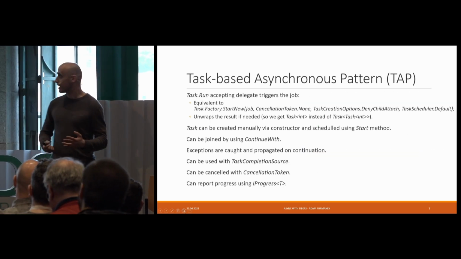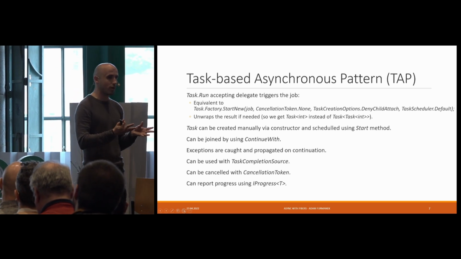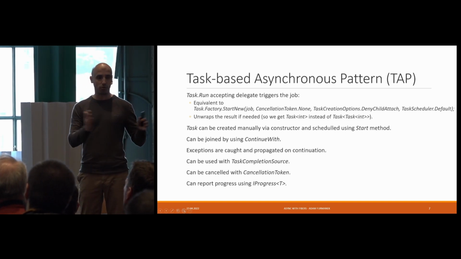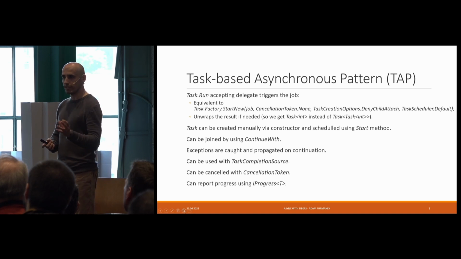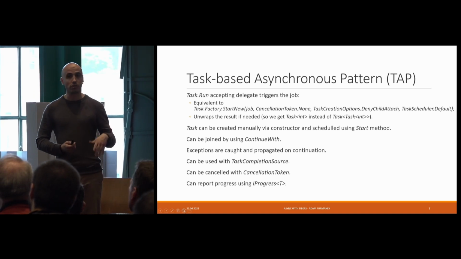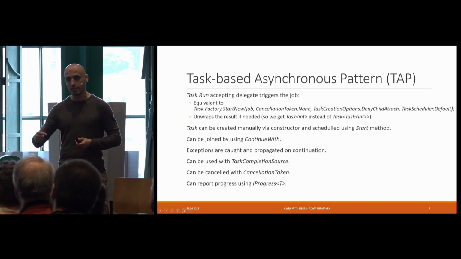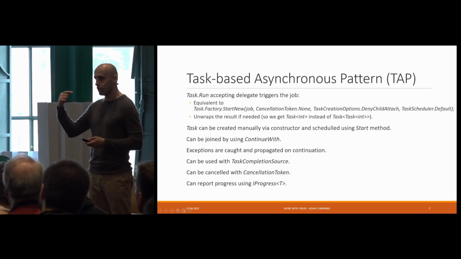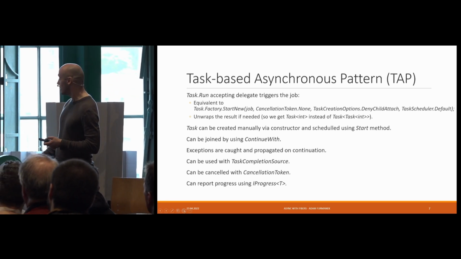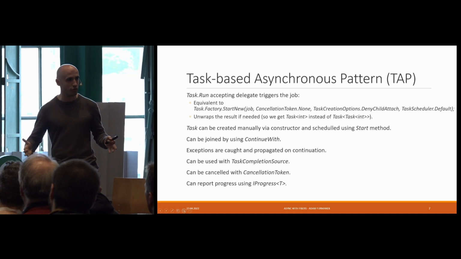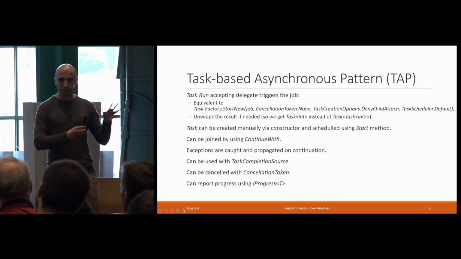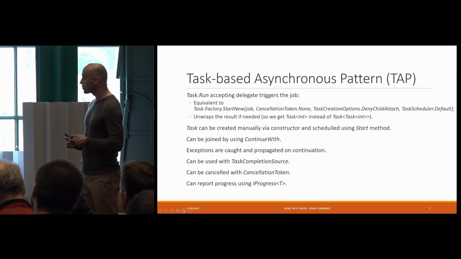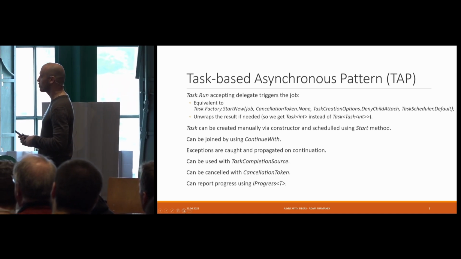What we wanted to do instead was to have a continuation wrapped as a first-class citizen, as an object which we could just carry around, pass from one method to the other, which would encapsulate everything which is to be done. Not only the code, but also the parameters, all the continuations, security features like user ID, impersonation, reliability, context, whatever you imagine, right? All those had to be captured in one single object, which was task, which we could just carry around. So that's how TAP, task-based asynchronous pattern, started.